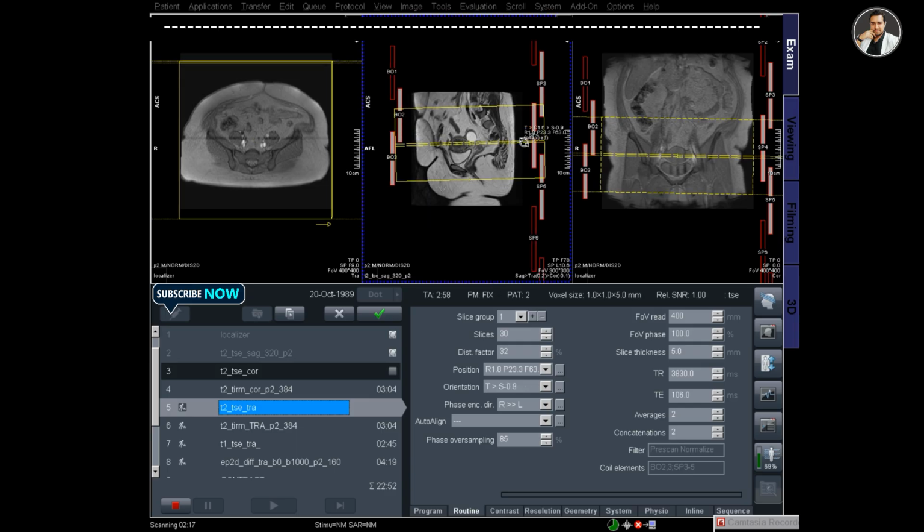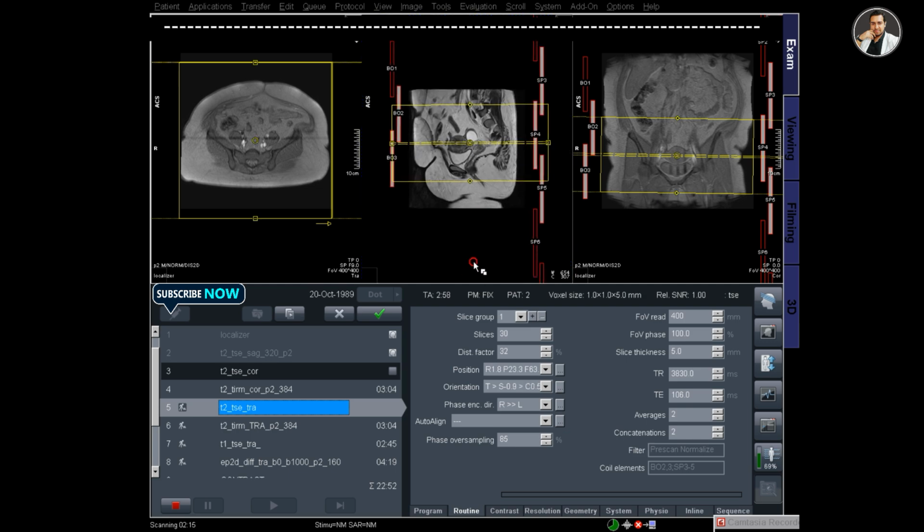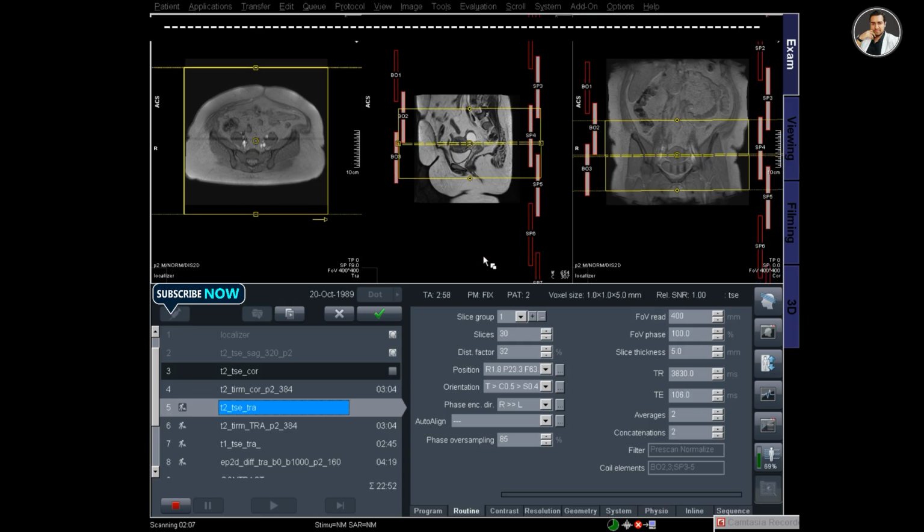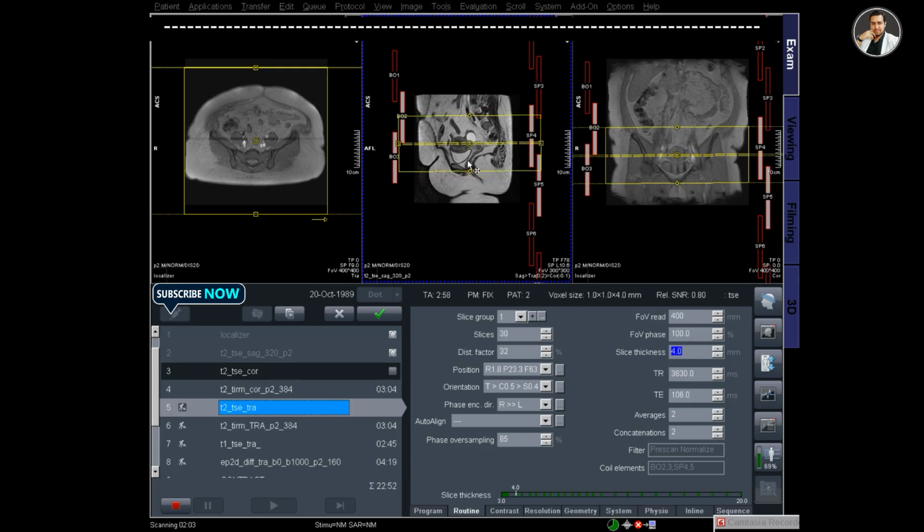I'm making sure that the slices are parallel to the uterus, and also on the coronal image, I'm making sure that the slices are parallel to the hip joints or pelvis, so that the slices cover the same anatomy on both sides.